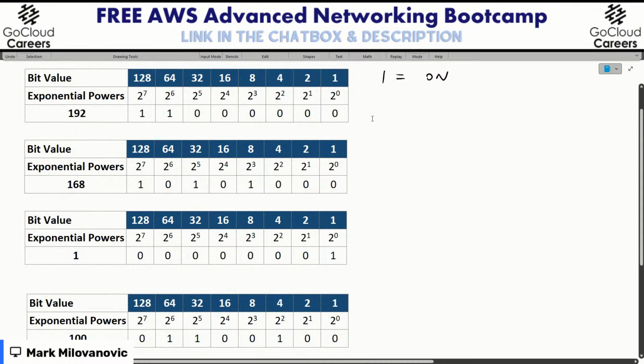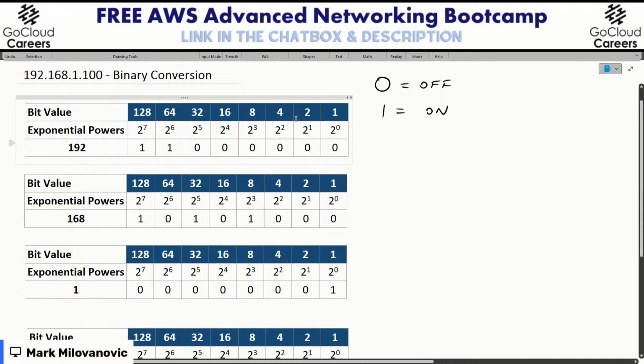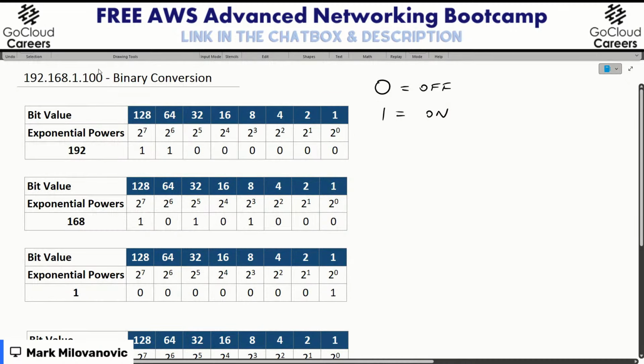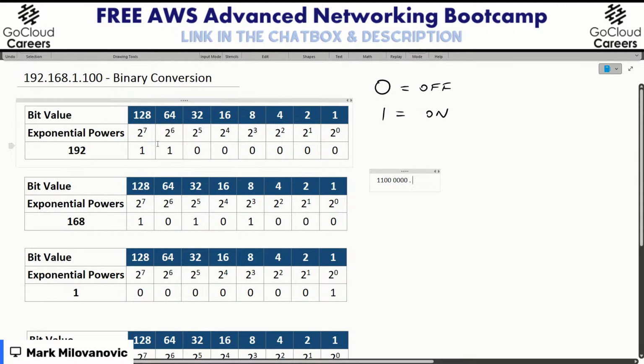Great. Okay. So what you just have done in this little amount of time, and you should pat yourself on the back, is you've done one of the hardest things when it comes to subnetting and getting started. And that's doing the conversion of decimal to binary. And you've done this, believe it or not, with 32 0s and 1s. And in fact, what you have now created is this number. You have created 1 1 0 0 0 0 0 0 dot.